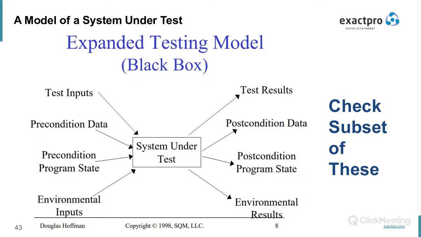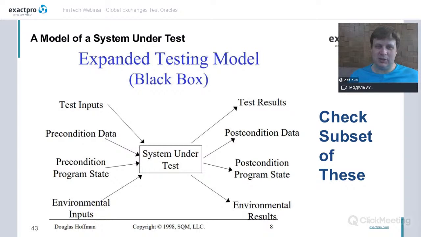What is important? In this example, we can only define a subset. We are not able to define all the outputs. We can only define a subset. So it is important to be aware that we are only checking a subset of